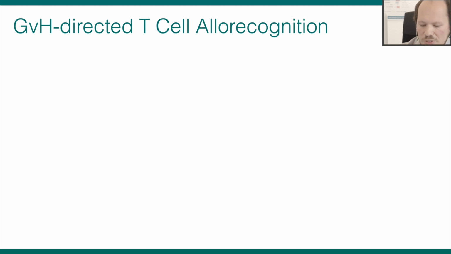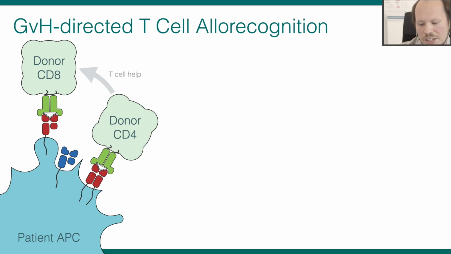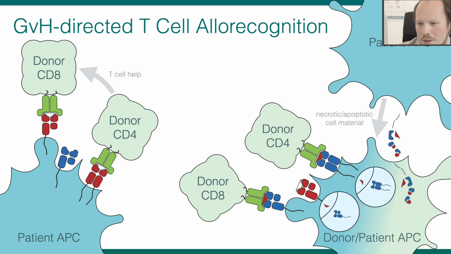For stem cell transplantation, we are with Perch looking into the graft versus host directed T cell allorecognition, and the model then looks a bit different, as you can imagine, because we now have a new immune system transplanted into our patients. So the direct recognition now would be that our donor T cells react against the patient APCs or the HLA on the patient APCs, and the indirect pathway is a bit more interesting here.